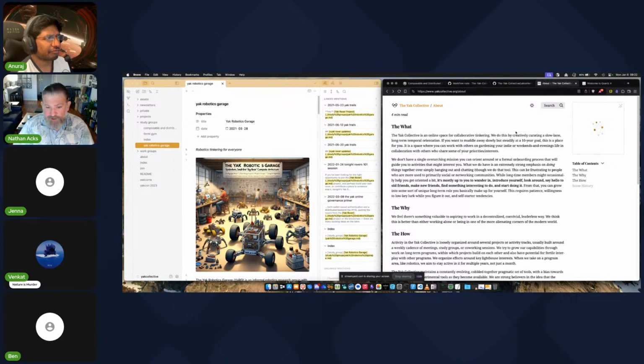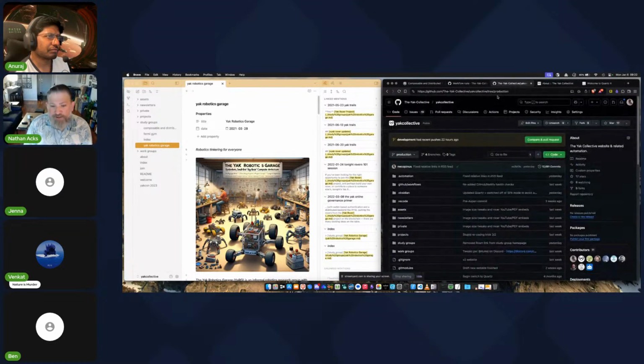I'm going to move on to talk more about what it looks like under the hood and how to edit it. But let me pause and see if there's any more questions about functionality or philosophy. Okay. So let's switch over. To make edits, you obviously still need to have access to GitHub.